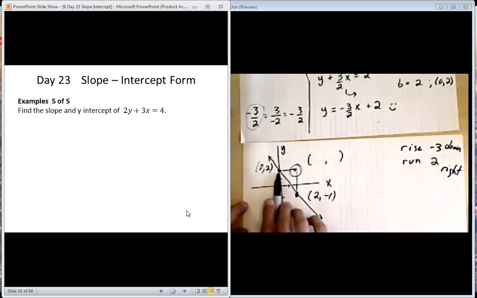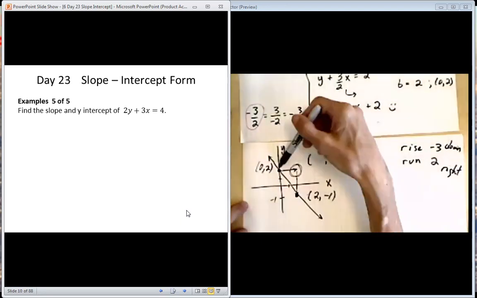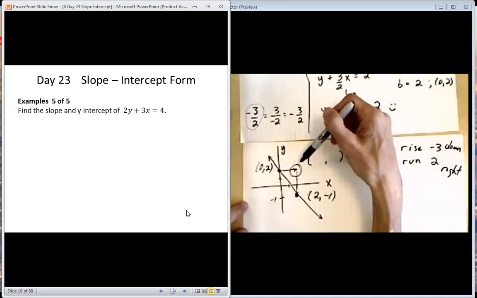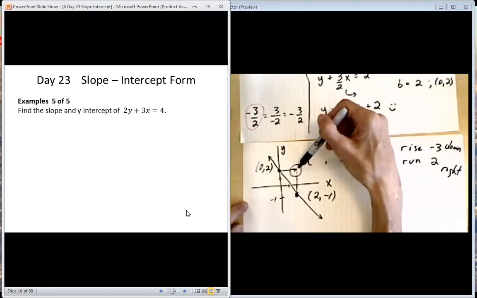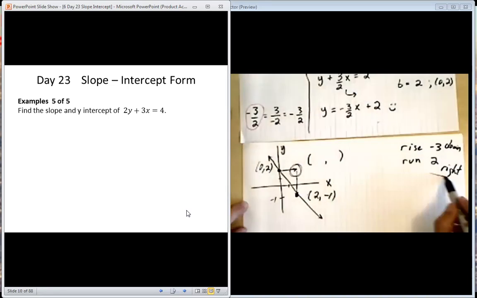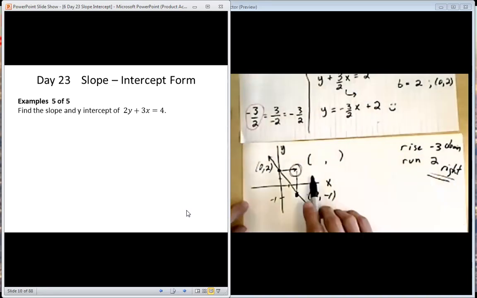How do we get from this point to this point? What do we do to get from that point to that point? Yeah, we go to the right by 2. So if we go to the right by 2,